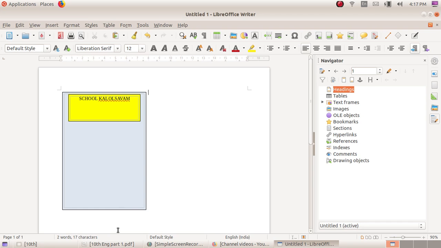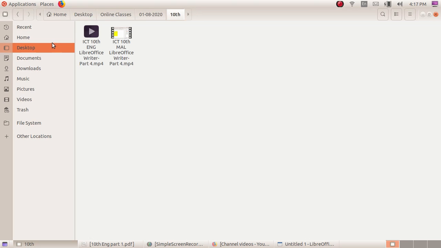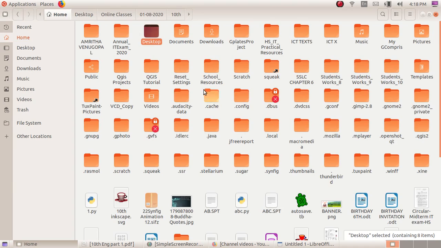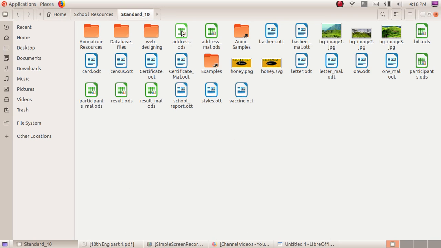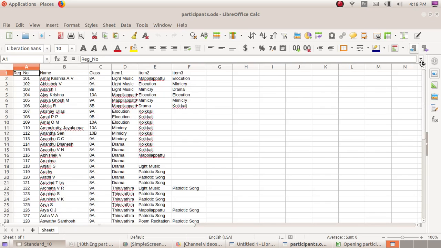A model ODS file is in the school resources folder. You can see it in the standard 10 folder, participant.ods. That's your database file. You can see name, class, item 1, item 2, item 3, and there is one more field, register number also.